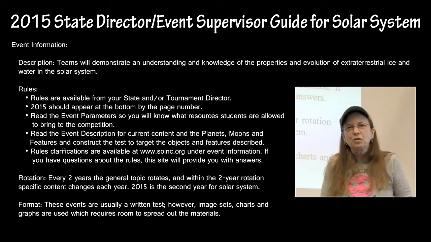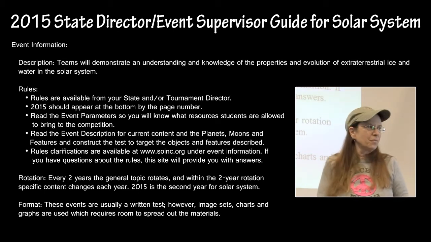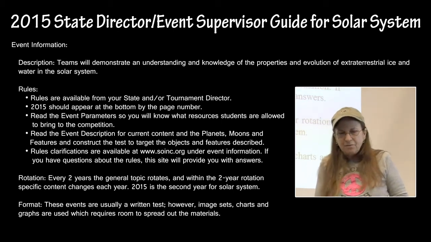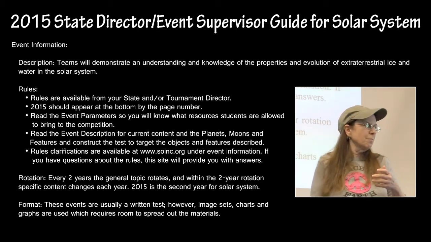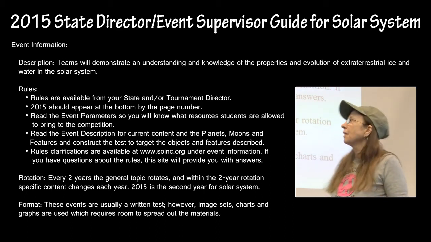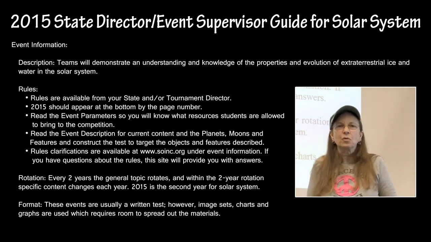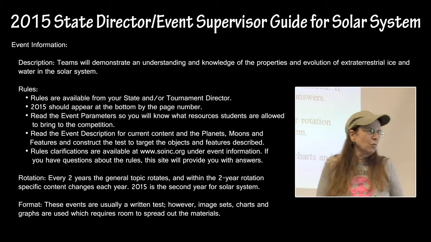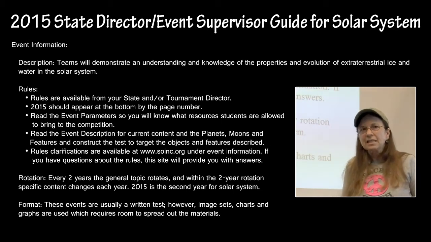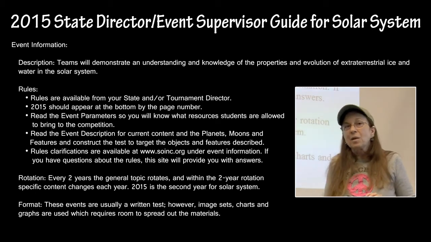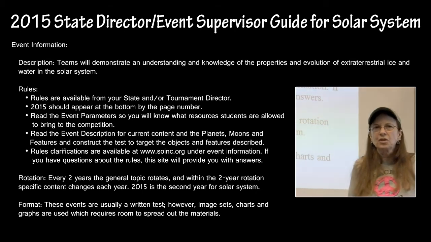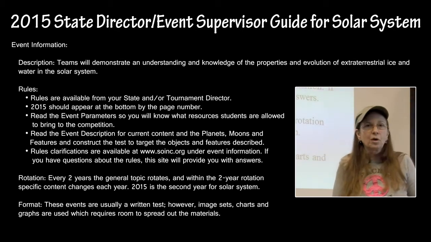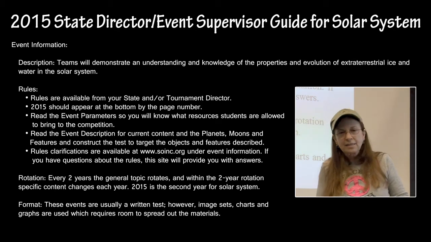The first thing for you to do is to read the event description. This is available from the state director or the tournament director, and it will give a brief description of the focus for the year. It will talk about the event parameters, and the event parameters are the resources that the students are allowed to bring to the competition. And then it will give you the event description, which describes the specific content that is being focused on for this particular year. For this particular event, they are all planets and moons and landforms and features associated with the movement and formation of ice and water, liquid,